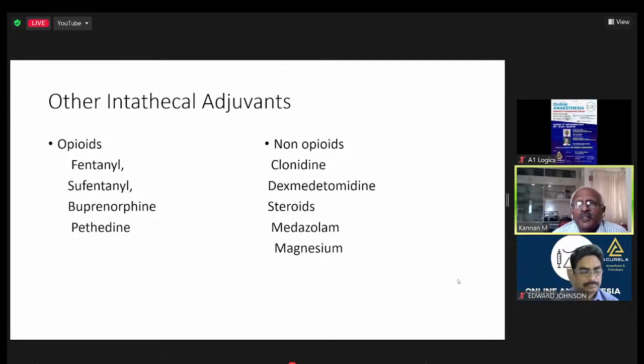Nowadays it is not used because these are not full agonists. Even for buprenorphine, there are only a few papers. Critical meta-analysis has not been done on buprenorphine, and it is not widely accepted in developed countries. Of course, a lot of non-opioids are also being tried, like clonidine and dexmedetomidine. It is very well proved that these two drugs prolong the action of analgesia, but